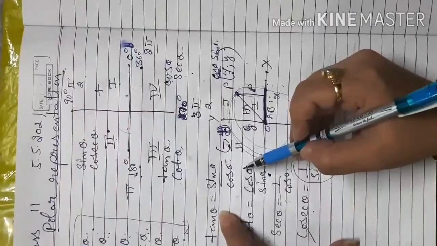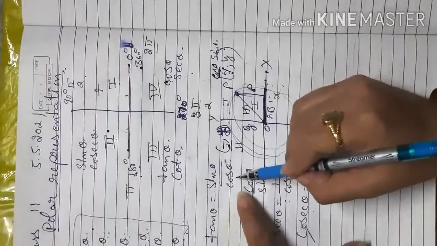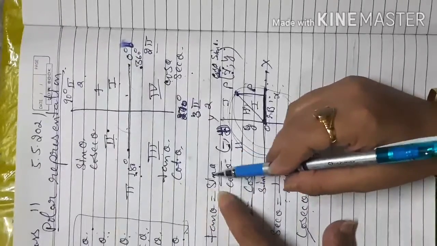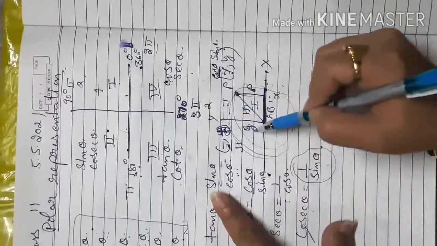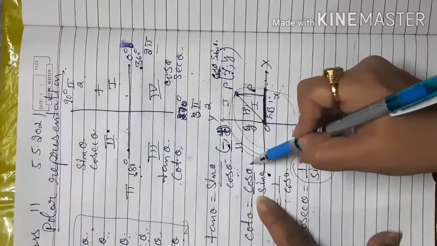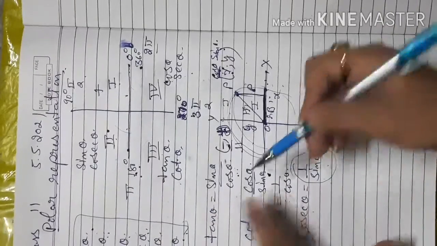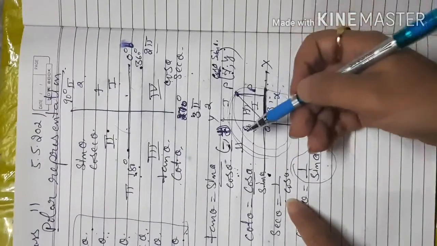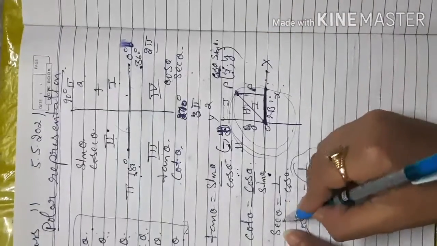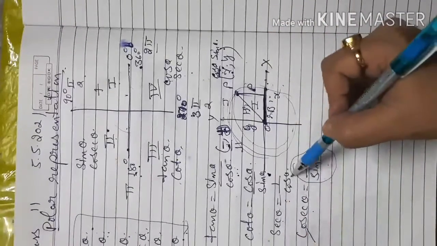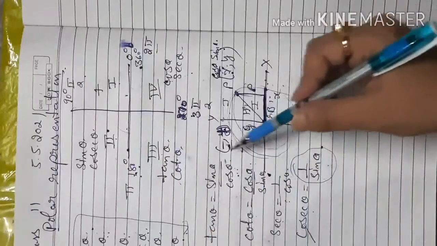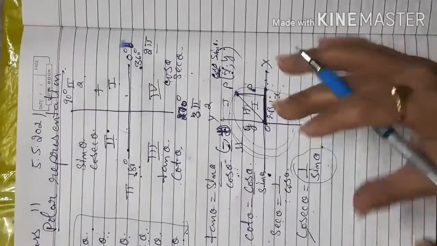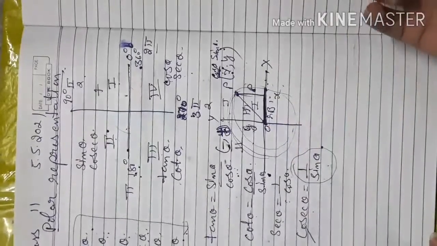When you look at tan theta in the second quadrant, cos theta becomes negative, so due to the negative cos theta, tan theta becomes negative. Similarly, cos theta is negative in the second quadrant, so that's why cot theta is negative. And the reciprocal of cos theta is also negative, because cos theta is negative, so secant theta will be negative. So wherever cos theta is used, cos theta, secant theta, cot theta, tan theta, all values will be negative, and the other values, sin theta and cosecant theta, will be positive.